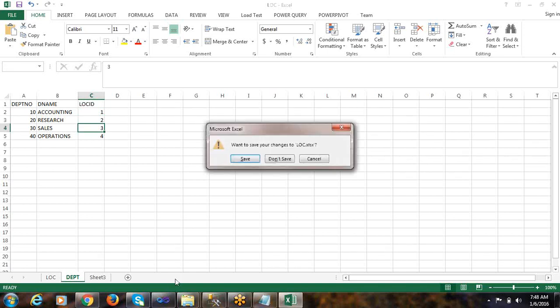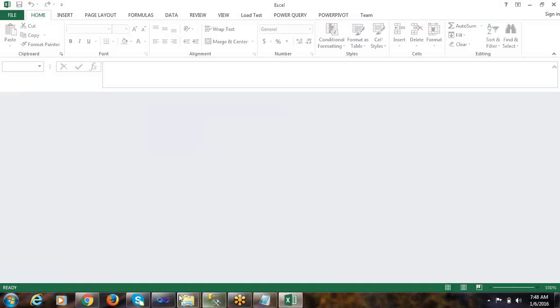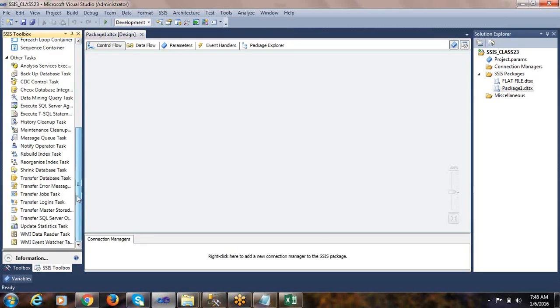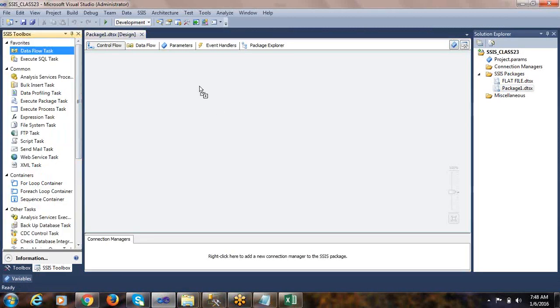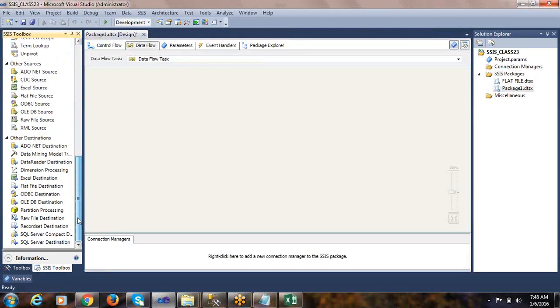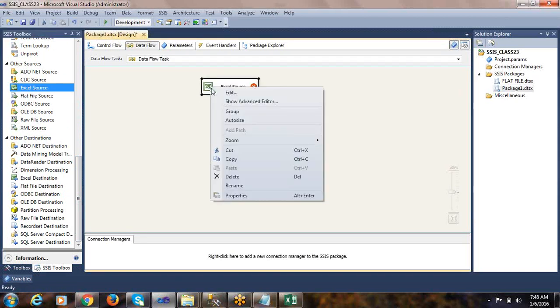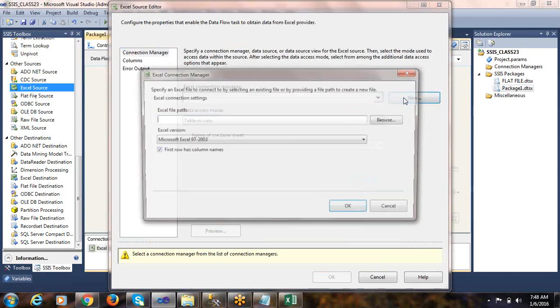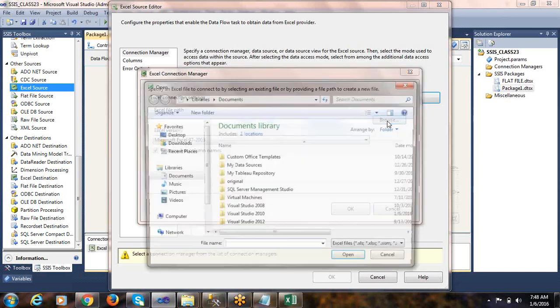Let me close this. Let's go back to the package, new SSIS package. Let me take the data flow task, double click on it. Let's go to the sources, take the Excel source, edit. See, the connection manager is not there, so let us create a new connection manager. Select the Excel path,